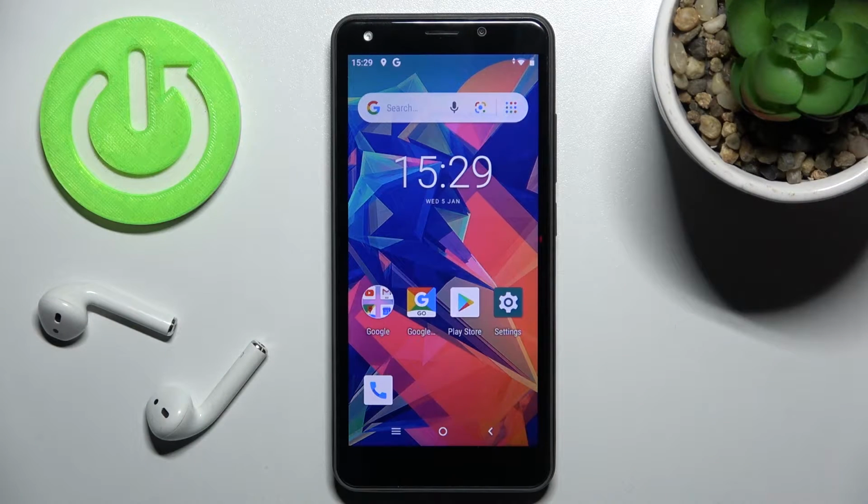Welcome to the in front of me STK Life 9, and I'll show you how to turn off auto update